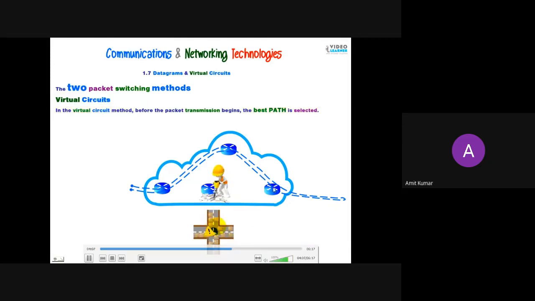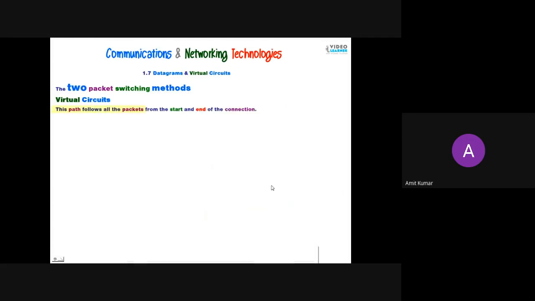Say for example, we have four routers here, and in this router we have some work going on, or it has some malfunction. So it will select the best path and route from this path. It will not choose this path. All the messages will travel along the dotted line path. It will avoid this path, so all the packets will travel from this path. The rearrangement will become easier in this case, because all the messages are traveling from the same path. That's why the messages arriving at the receiver end will be in order.